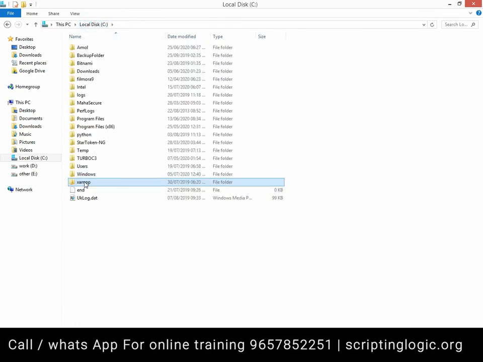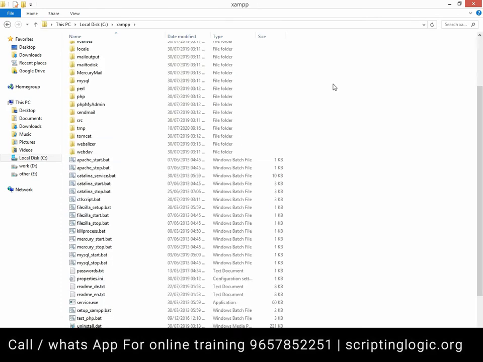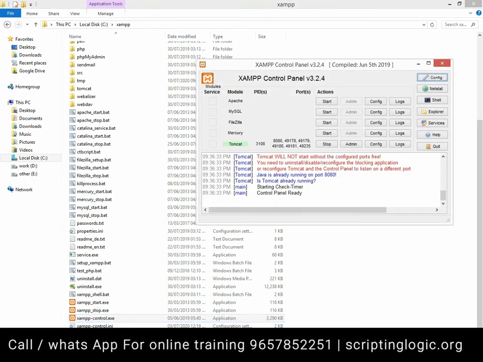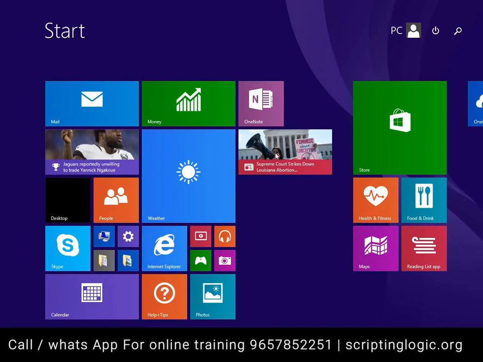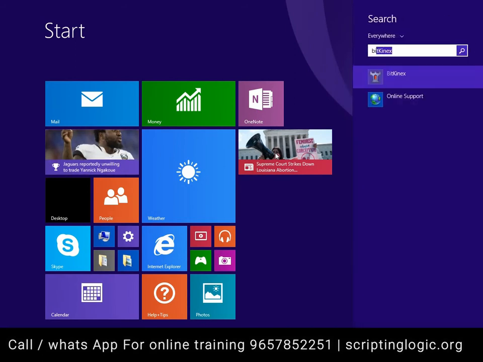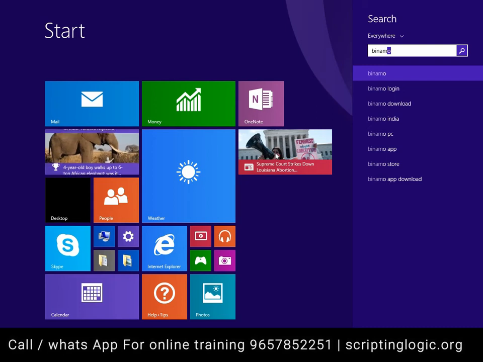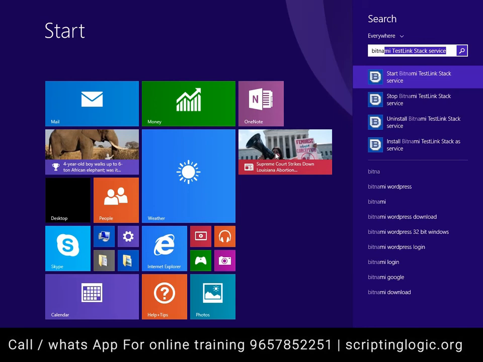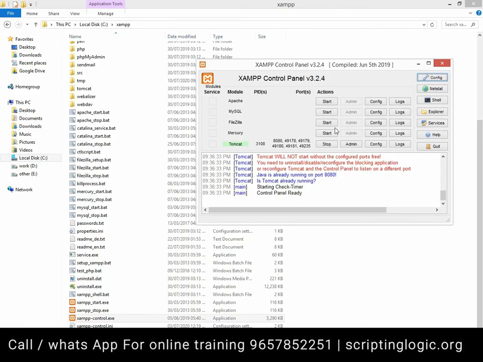It will be there as a XAMPP folder, and here at the bottom you will see 3 icons, out of which there is a XAMPP control. You can click on that XAMPP control, and here there is Apache, and you have to click start. Now actually I have several servers installed on my machine, so I need to do something else, but whatever I am doing here, you will not need to do. I need to stop another server, then only my XAMPP starts. So once you install, you click on this XAMPP control panel and say start.